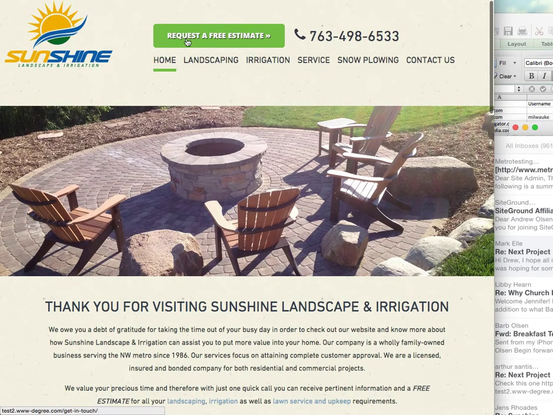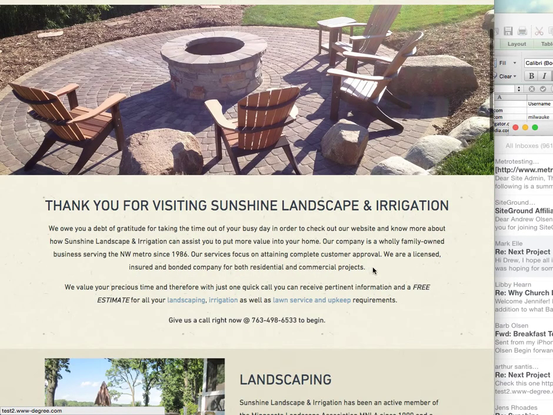Request a free estimate. Let's just get rid of this. I don't think it's necessary in the header. What I'm going to have you do is move it down here. Let's keep just this section, and let's add in here